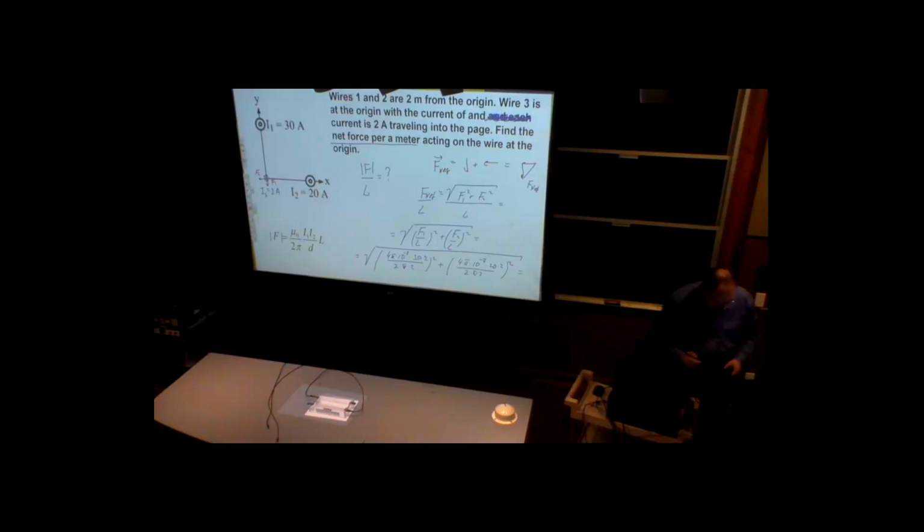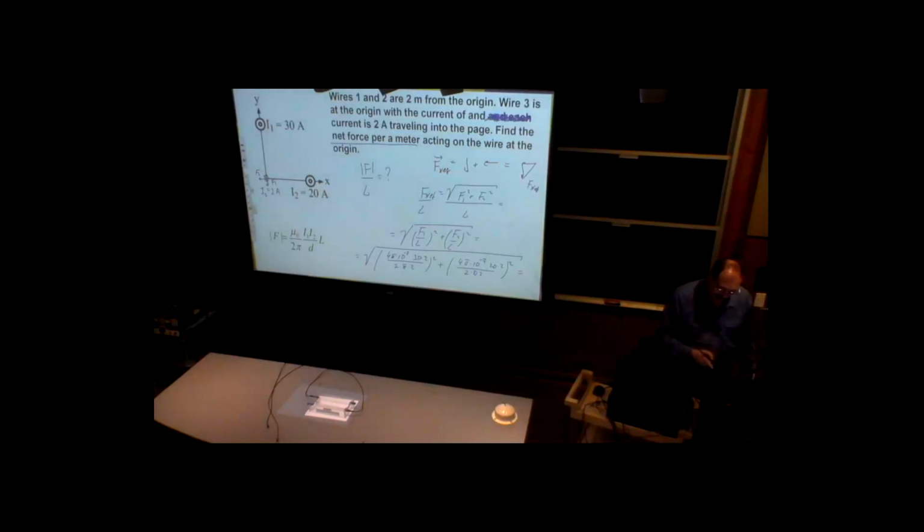Equals 4 pi times 10 to the negative 7, 2, over 2 pi 2. What's left inside? Inside we have left only 30 squared from this and 20 squared from that. So here a 7, that's a 7. So what's left here is 4 and 4 pi and pi this. And that's square root of